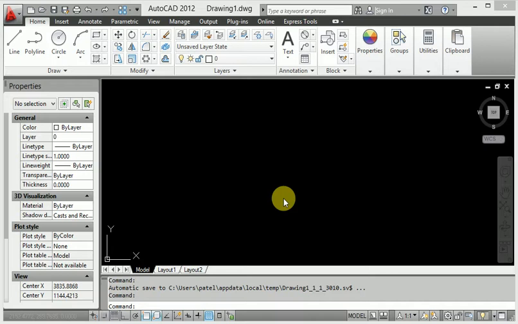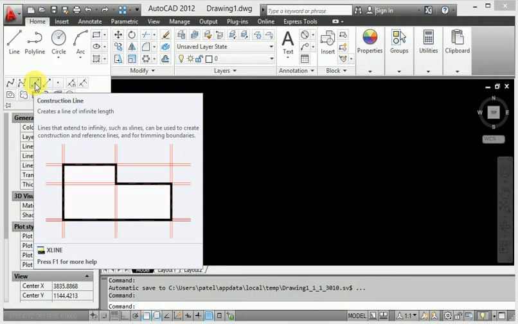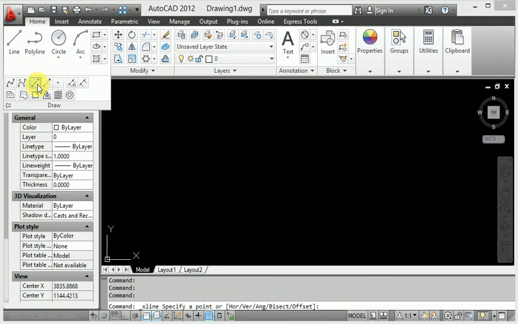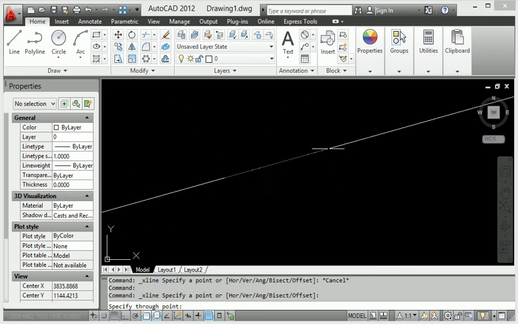So when I create the infinite line, here is the infinite line, so you draw it and press enter. Go to infinite line, called construction line here. This is the infinite line and construction line. When I click the construction line and make this here, it can move anywhere because it is not